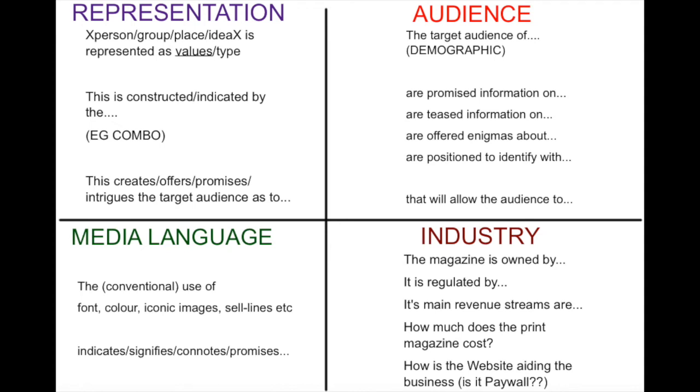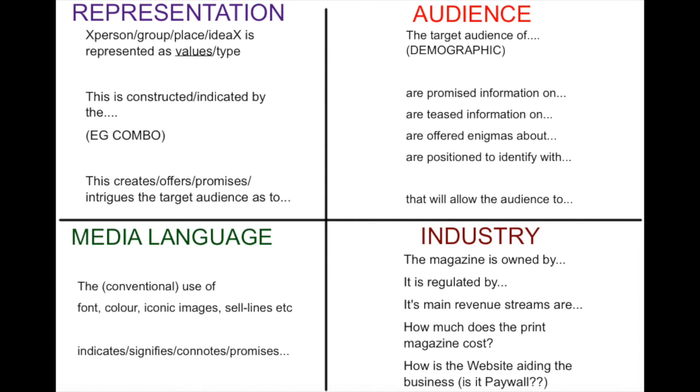Obviously, if you've got any questions, you can email me, but these are good models with colours in and everything. Now, one thing we haven't dealt with is the last key concept, which is industry. And I think that in terms of analysis of what's on the page, industry is a bit more difficult. Industry is much more the whys and wherefores. Whichever product you choose, find out who the magazine is owned by, who the publisher is. State that, it shows you know it. Who it is regulated by: is it IPSO or Impress regulated in this country? That shows you know. What are its main revenue streams?